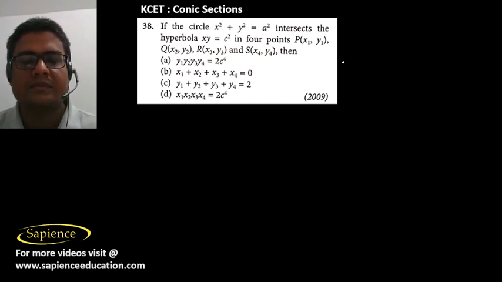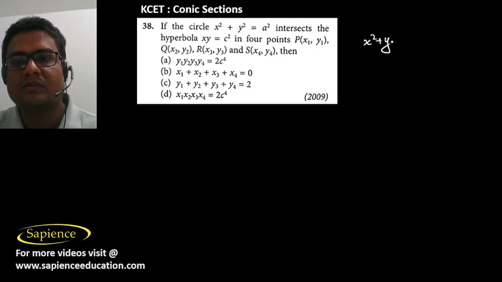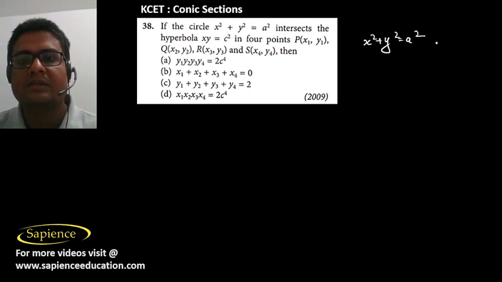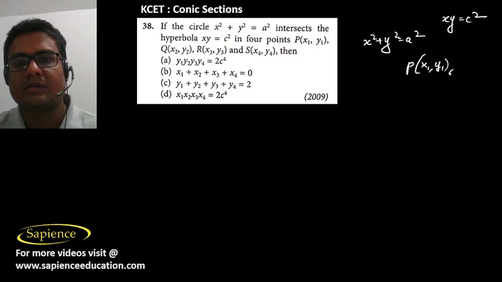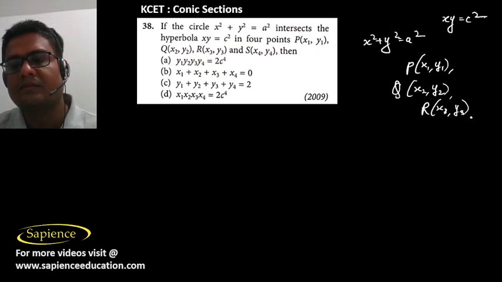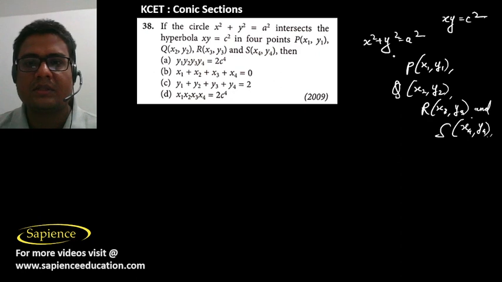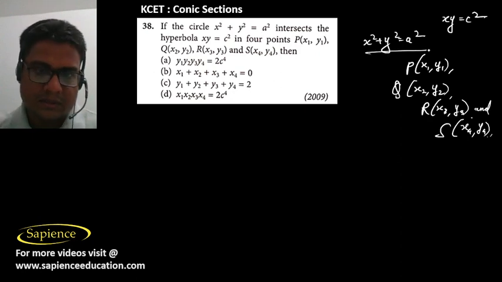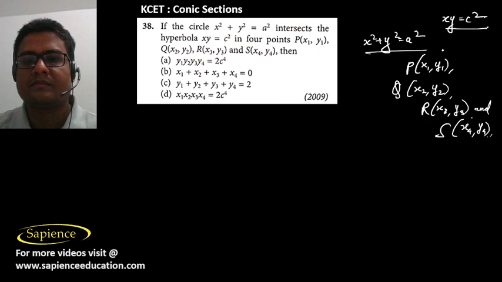Question number 38. It is told, if the circle x square plus y square equal to a square intersects the hyperbola xy equal to c square in 4 points P (x1, y1), Q (x2, y2), R (x3, y3), and S (x4, y4). Then, if this circle intersects the hyperbola in 4 points,